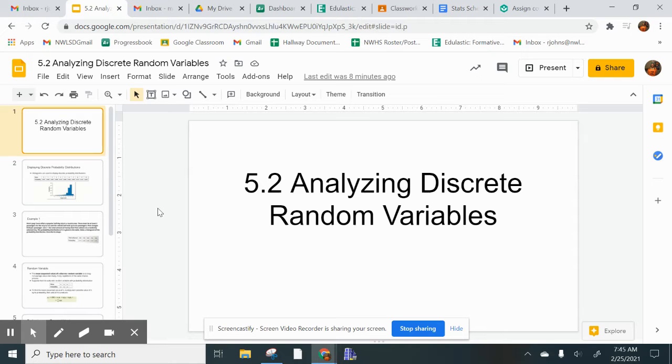Hello, we are looking into the next section of Chapter 5, analyzing discrete random variables. So if you remember from Section 1, which hopefully you watched earlier this week, we learned about the difference between discrete variables and continuous. Remember, continuous is something that doesn't have any gaps. Discrete has gaps. So discrete would be 0, 1, 2, 3, 4, 5, whereas continuous you can have 1.2,